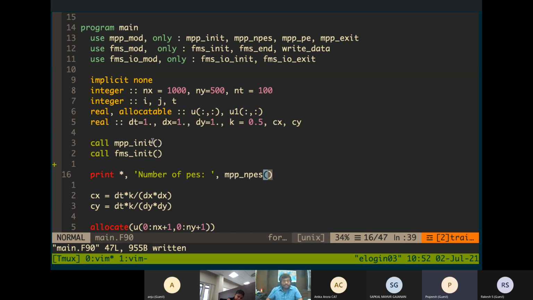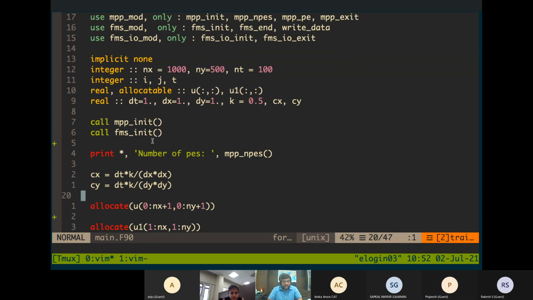It's a function which returns how many processors we are using currently. Okay, so you'll get that information from this function, and this function is imported from MPP mode, which is part of FMS. This is just for information. I'm just printing it.